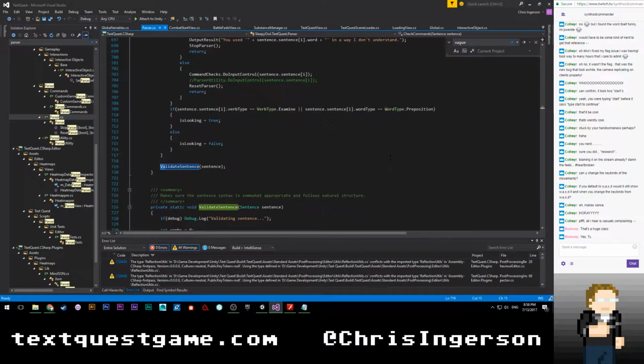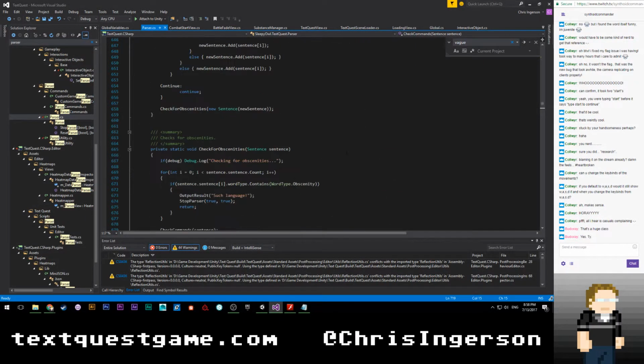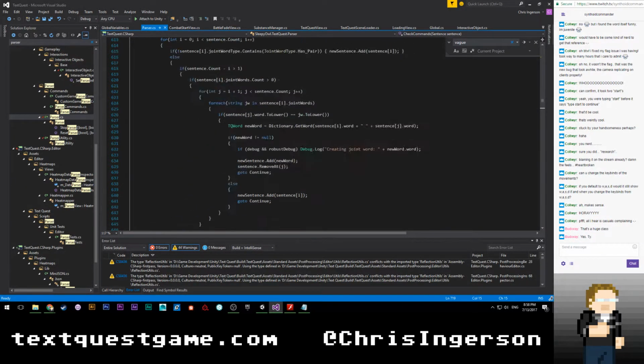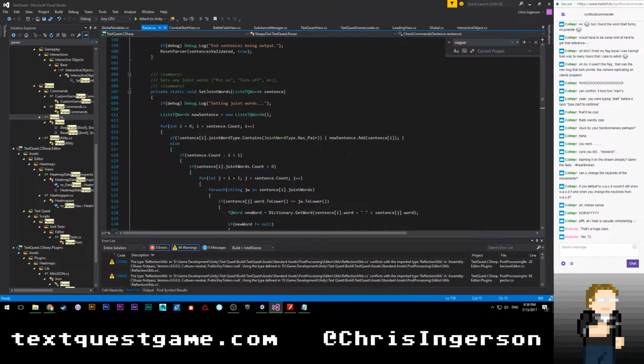So it's like, I don't know what you want to do, and all that sort of thing. Also, it has to do things like check for commands and check for profanities and whatnot. So yeah, it's 2100 lines of pure grade C#. And it's pretty robust. I don't think it's actually broken right now. I think it's stable. As long as I don't add or remove anything from it, it should work just fine.